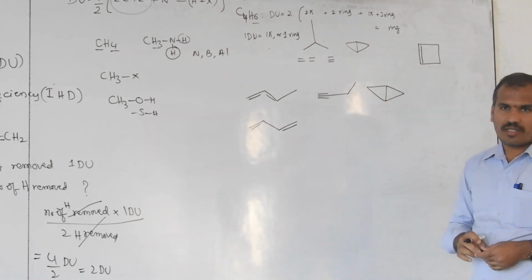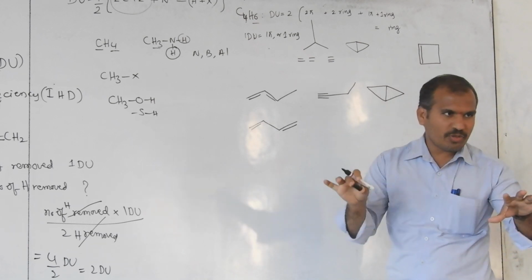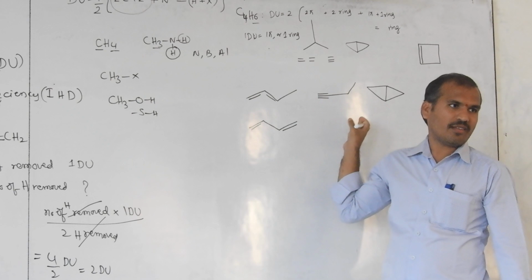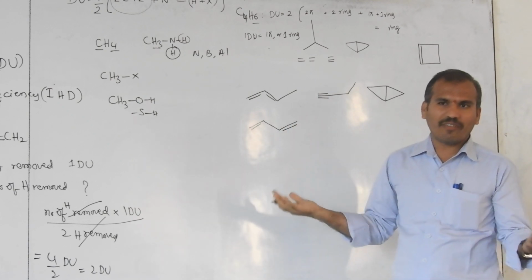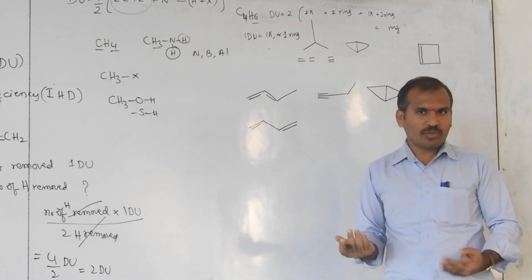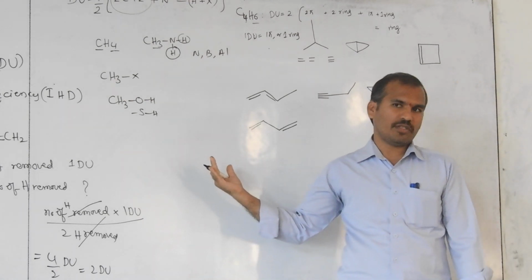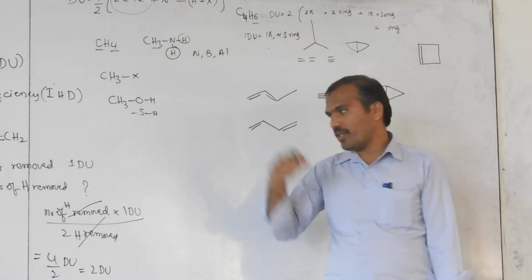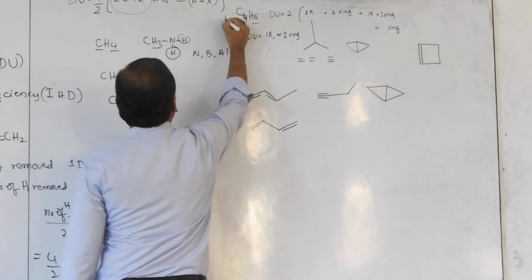Then you may ask the question, why do we have to learn this? Because when you are going to write the isomers, all these are possible. All these are isomers: same molecular formula, different structures, different connectivities. To write the number of isomers, you should know the degree of unsaturation. Got the point? Now, one more example. This is the first example.